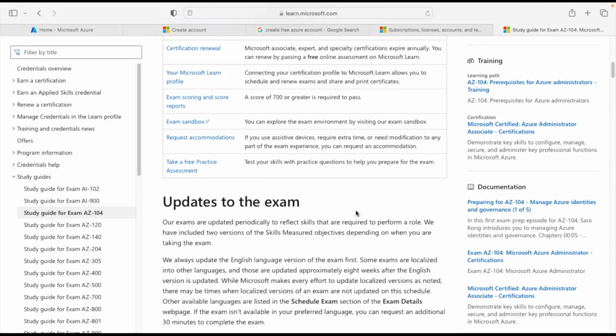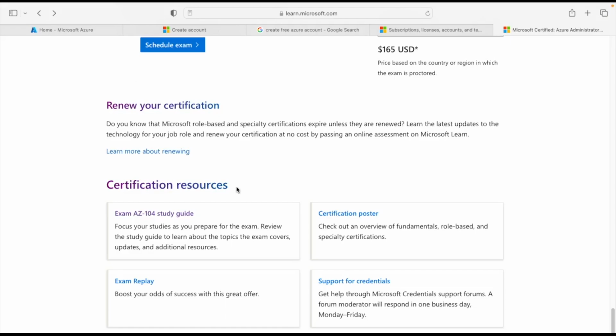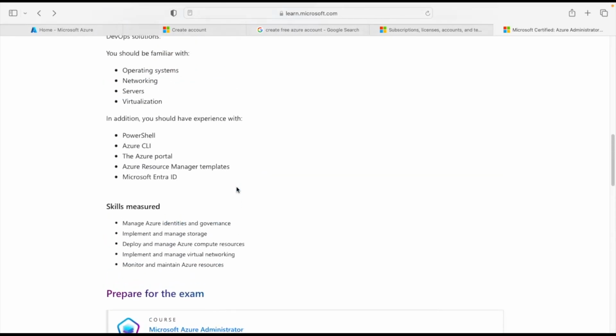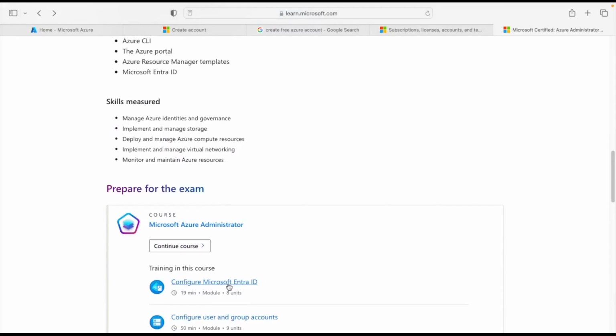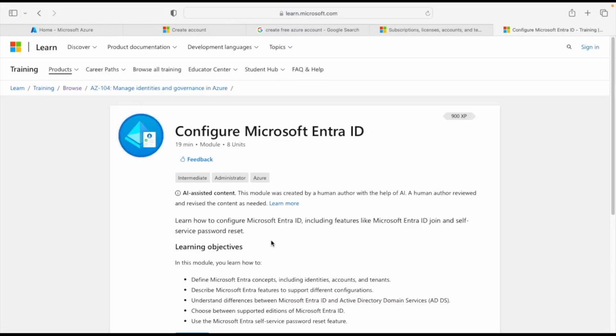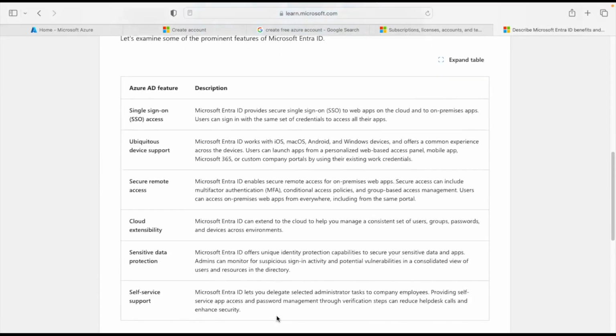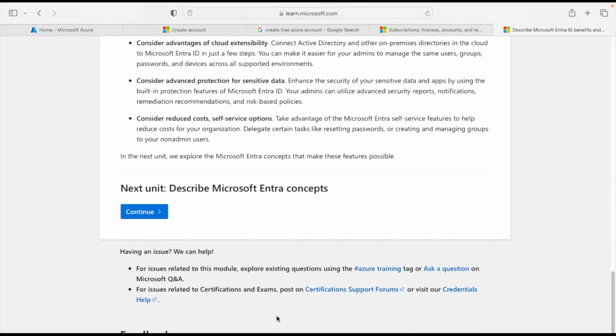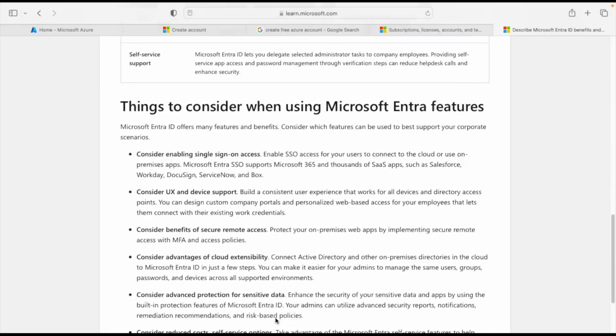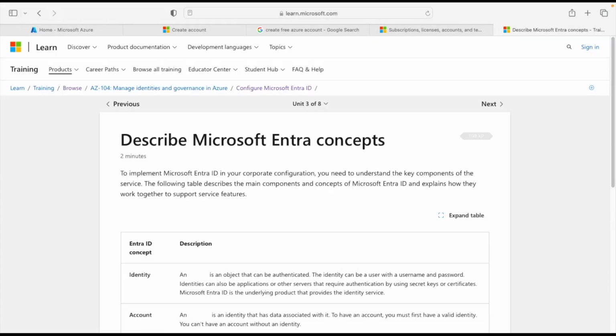You prepare from anywhere. When you are preparing for AZ-104, please keep in mind the syllabus which is there. So here we are discussing the updated syllabus in the whole series that we are going to cover. Also, when I am going to deliver the sessions to you, I will be taking the most important topics from these self-learning platforms. So here you can see you can even cover topics related to Microsoft Entra, which is identity part. You just have to go through the topics, and when you go to the next step, here are all